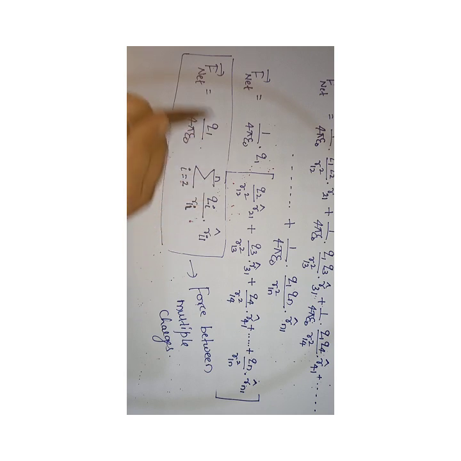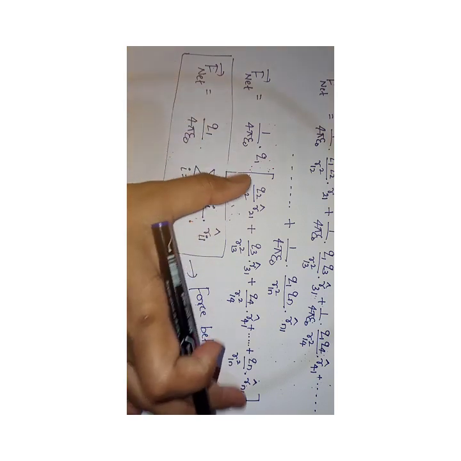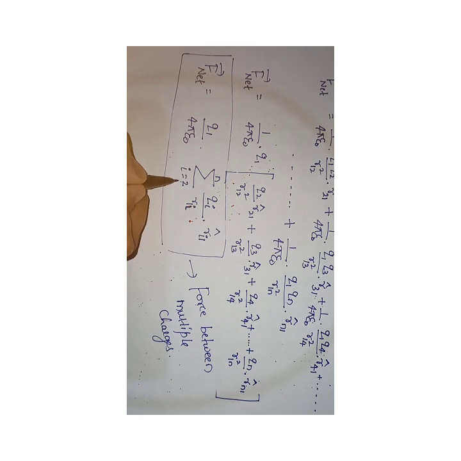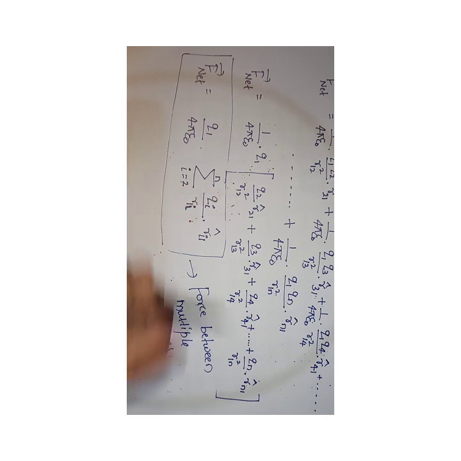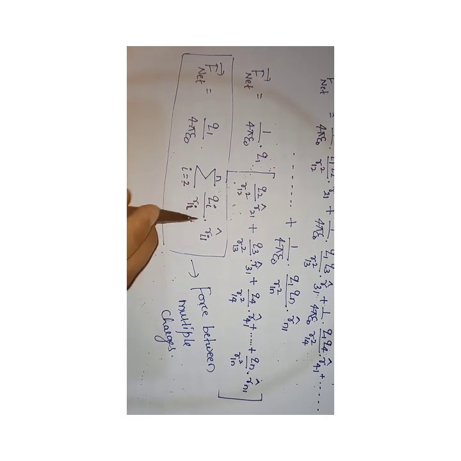So once again here, Q1 by 4 pi epsilon, this is a common thing, we have taken it and we are putting summation for this quantity. So summation, I is running from where? See, starting number is 2, here also starting 2. So that's why you will take 2. I is your changing number. So Qi means, see, substitute now. Q2 by R 2 1 cap, plus next term 3, next term 4, up till where? N. I hope you understand this very simple way.